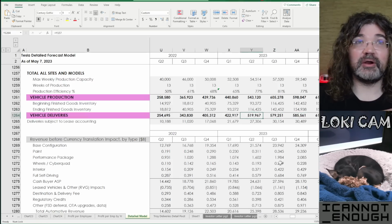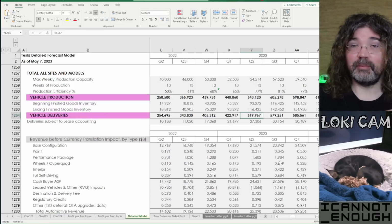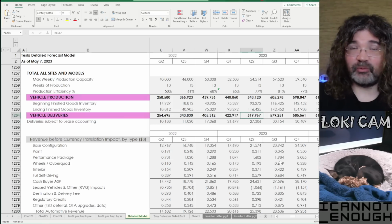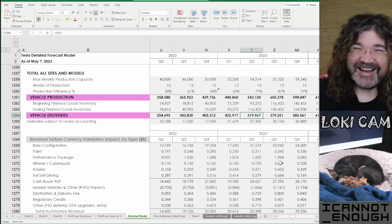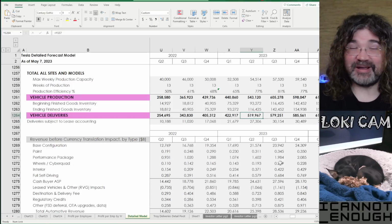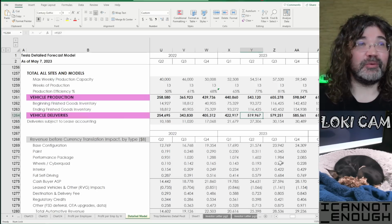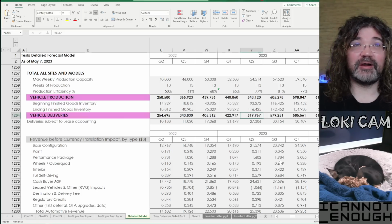My delivery number is nearly 520,000. This number is way higher than what most people are expecting, but I don't forecast based on what other people are expecting. I build up from base assumptions by model and by site. I'm repeating myself a lot in this video, that add up to what I think the total deliveries are. And I'm